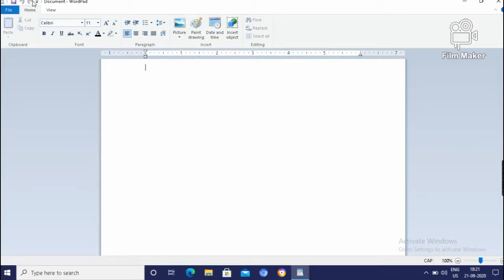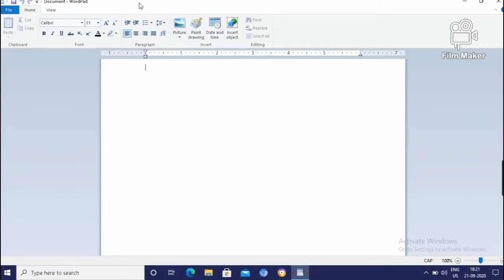First, this is the title bar in which it is written Document - WordPad, and this is the File, Home and View tab in the menu bar, and this is the toolbar.